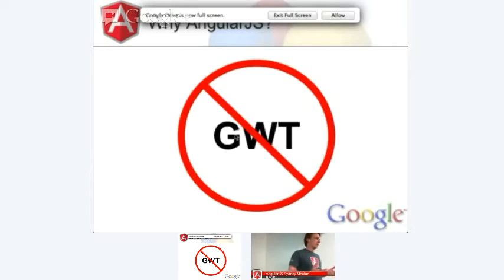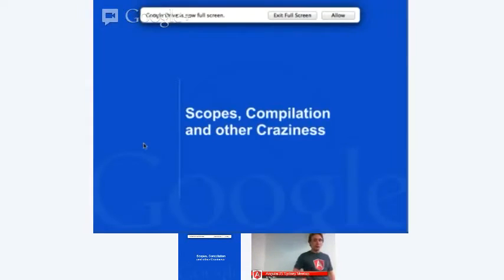We joined Angular in the v0.9 days. I think 0.9.19 was the first version we tried out, and it was an interesting time. I'm very happy that Angular 1 has come out, and I'll point out a few things as I go along about how much Angular 1 has improved. The first one I notice is the templates thing that you were shown earlier, where you could have little inline templates that you could then include in your code. That wasn't available at the time in any meaningful sense. And certainly not for directives, which is one of the big things.